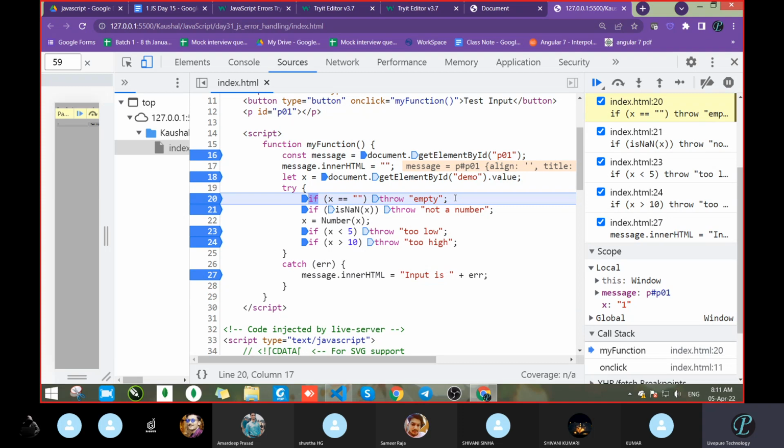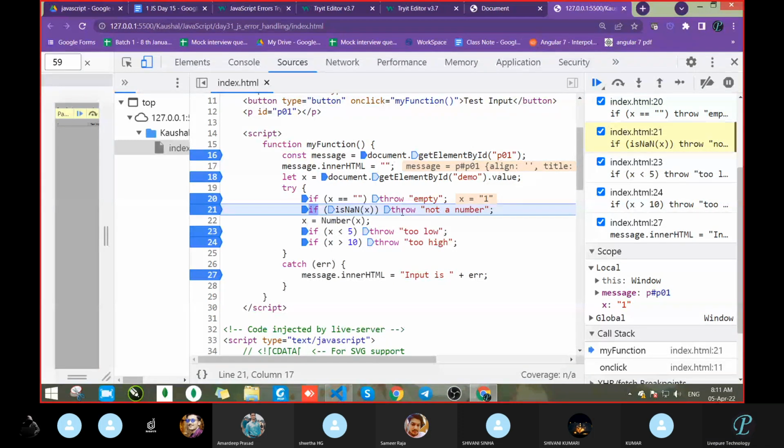What are you thinking? First message will get executed. Line number 20, will it execute? No, no. No, sir. It will not execute because it's not empty. Means we will not get through the empty message. It will not get executed because this block is false. Let's say put the cursor, this block is false. Means this will not get executed. Fine. Go next step.